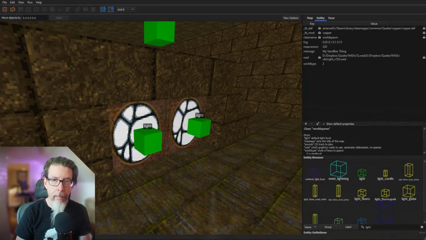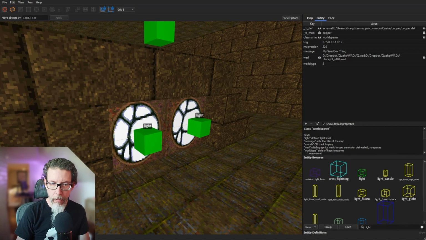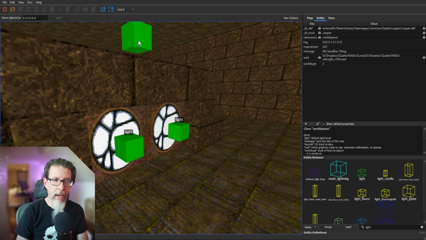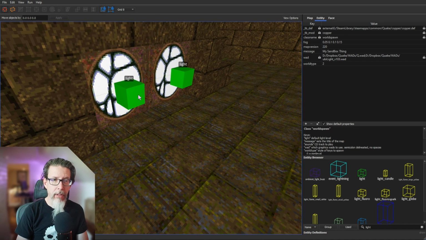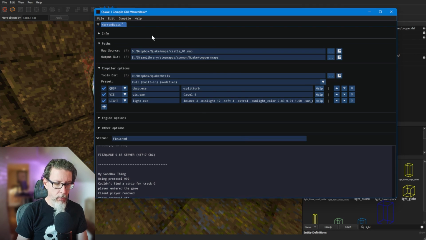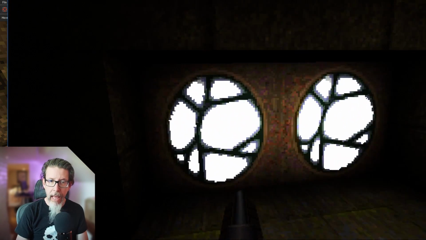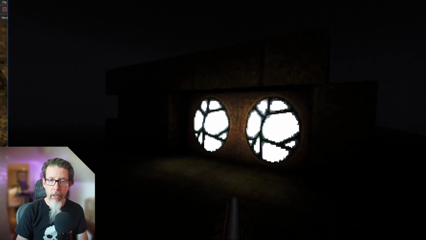Okay. And the last feature that I want to show off is we now have surfaces in Quake that can emit light. So the setup is pretty straightforward. Like this is traditionally, ignore this guy up here. Traditionally, this is what you would end up doing. You would have a light surface, you put a light entity in front of it, and I kind of have these turned down a little lower than normal. But if you then compiled the level and ran it, you would have the illusion that these surfaces are maybe spitting out light,